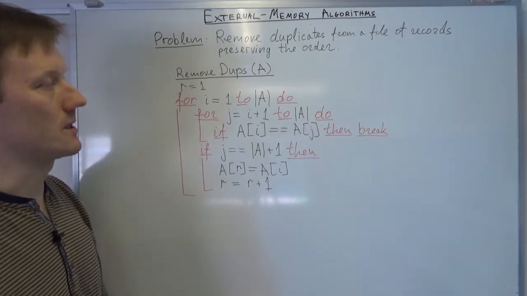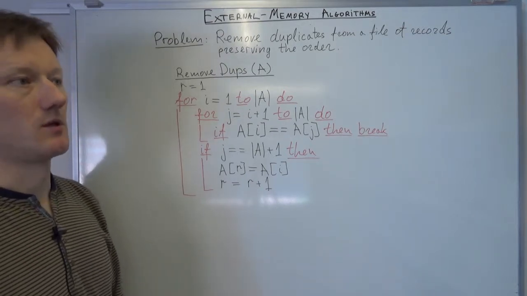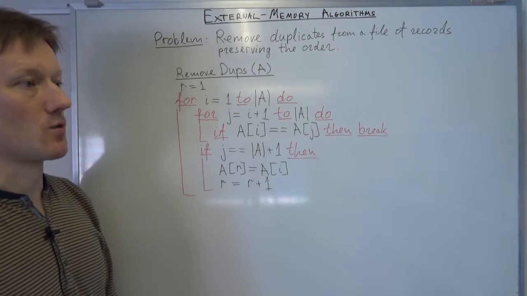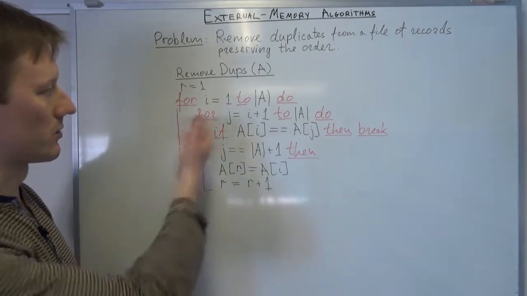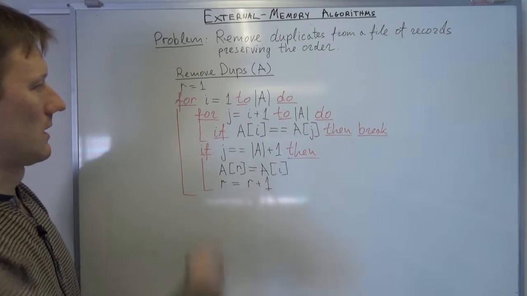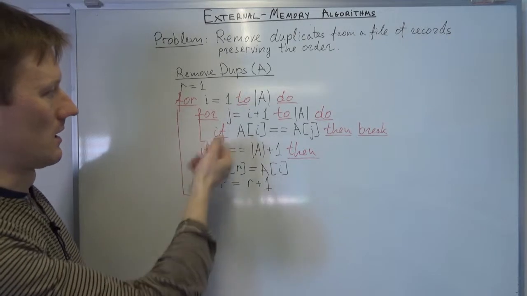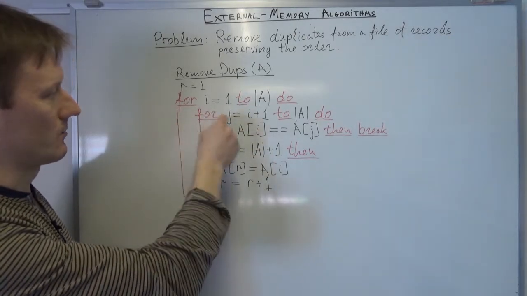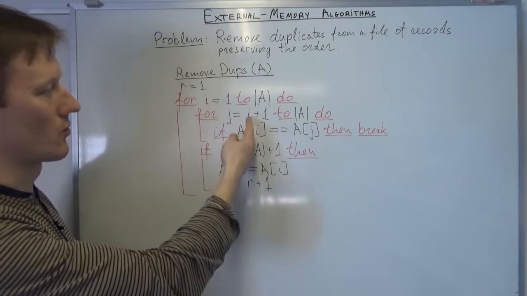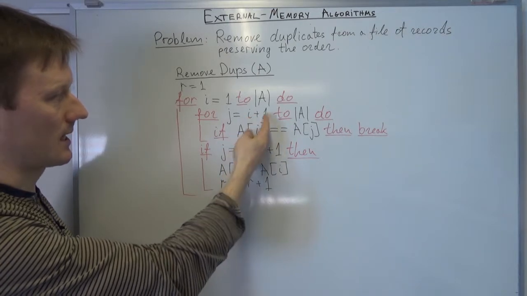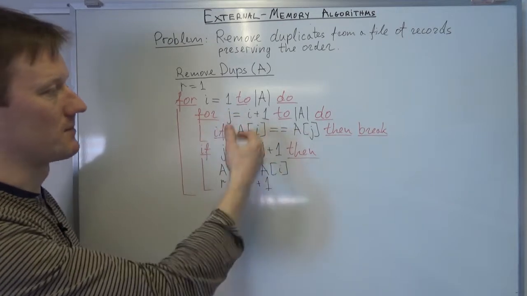So how would you do this in main memory? You have an array, you want to remove duplicates, you want to preserve the order of the elements in this array. So a simple, although not efficient, way to do it is just to do a nested loop algorithm where you go through the array from 1 to the size of the array, and then with an index i, with an index j, you go through all the elements. For each i, you go through all the elements starting from the element after i and to the end of the array, and you check if a[i] is equal to any of these elements ahead of it